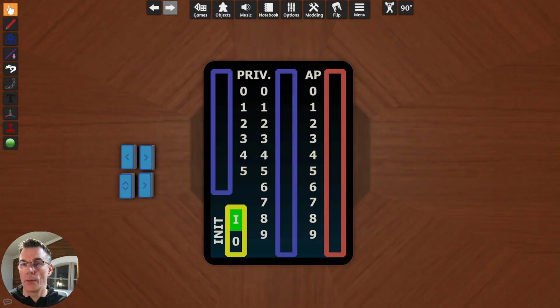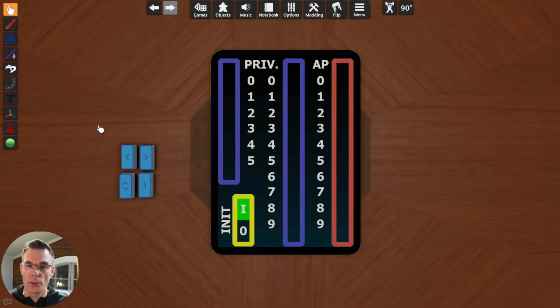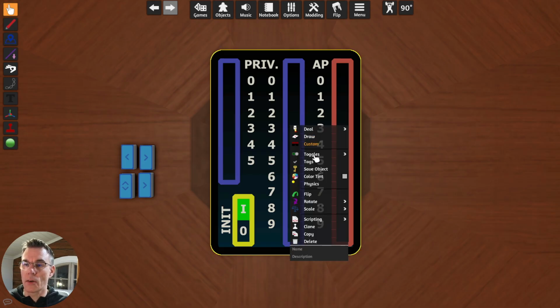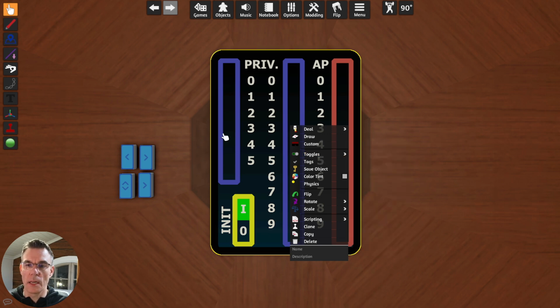Here we have the basic components that we use for the tracker. We have our card here and we have the knobs here. So first we want to lock this card in position, toggles, lock. Now I cannot move it anymore.